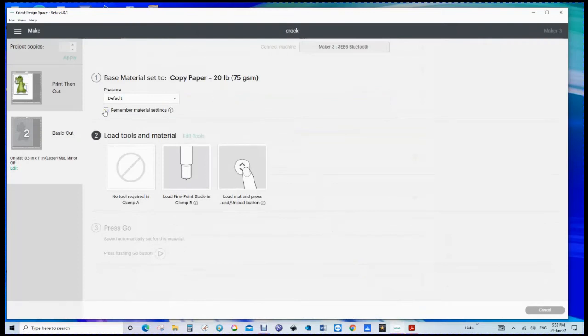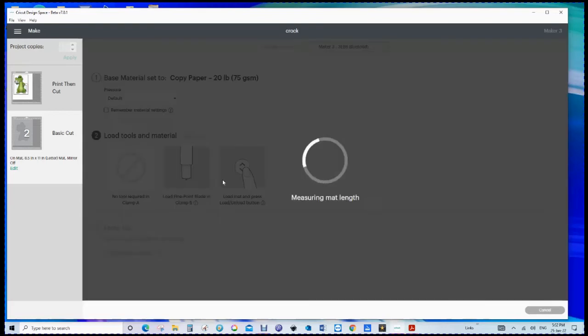I'm not going to put remember material because what I'm going to do is just straight cut it out. So that's right, the machine now is flashing to load it, so I'm going to load the machine, and before I press the button to start it, it's just measuring the paper at the moment,